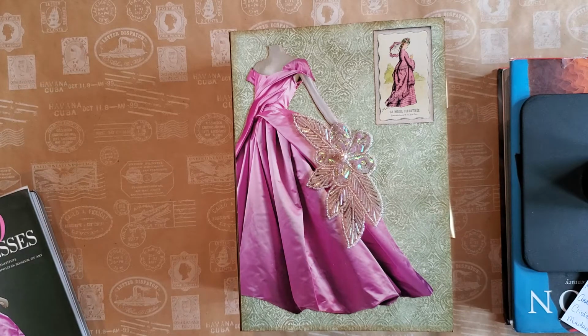Initially, I had planned to put it up for sale in my Etsy shop. It was going to be a lot smaller, and then it kept getting bigger, and I kept using my personal jewelry pieces and what have you, and I kept falling more and more in love with it, and finally I decided, that's it, this one's mine. So this one is not for sale, but having said that, I do have a couple of books, and this